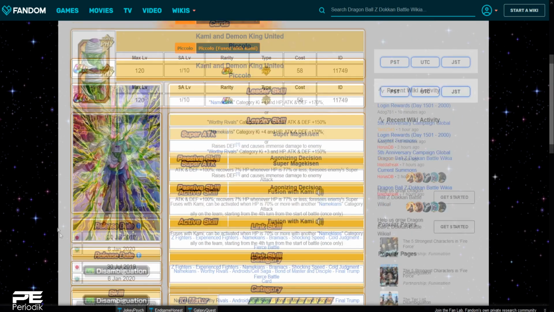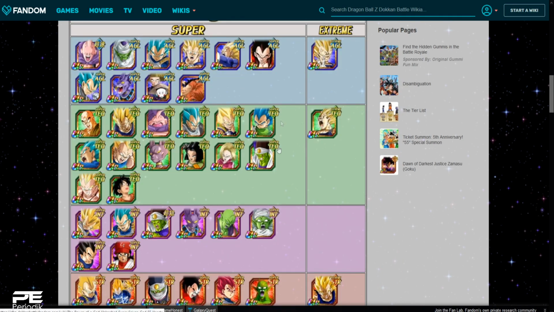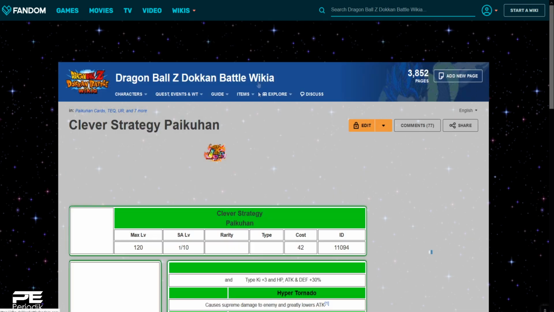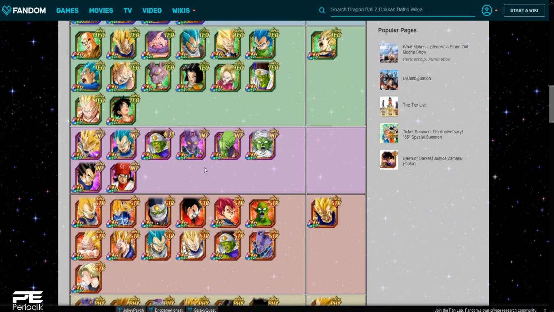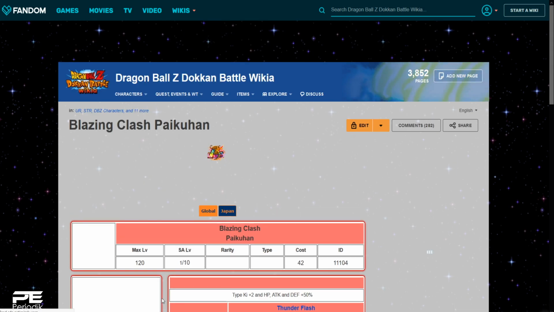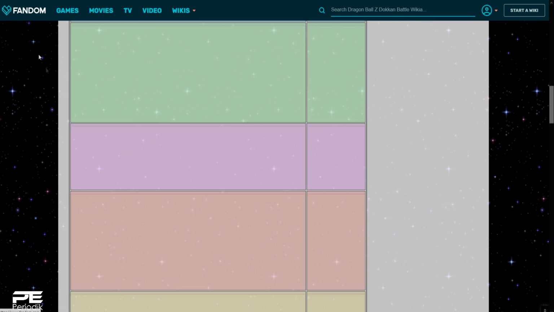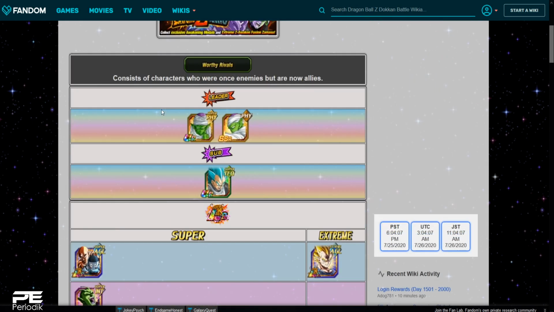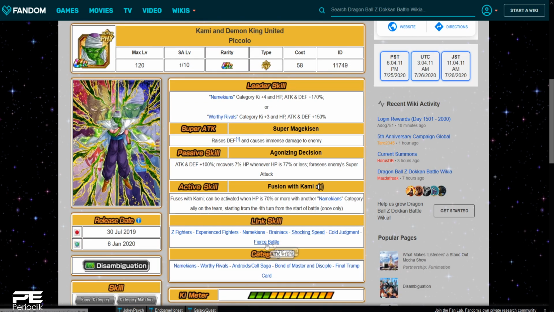His best, the best character that he links with is Pycon. And there's no way in hell you're bringing this dude on that team. The other best dude that he links with, this Pycon. No flipping way you're bringing this dude on the team. So really, he only shares 2 links with people. I believe it's Shocking Speed. Does he? Yeah, Shocking Speed and Fierce Battle. These are really the only 2 links that you're going to see him alongside anybody else on there, because almost